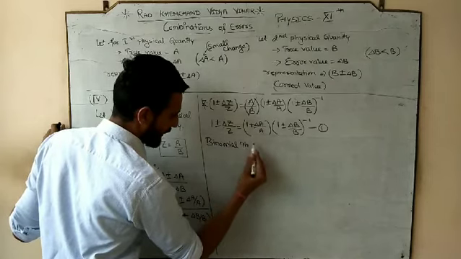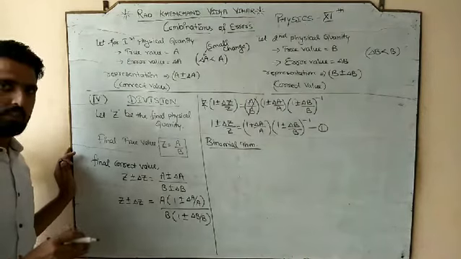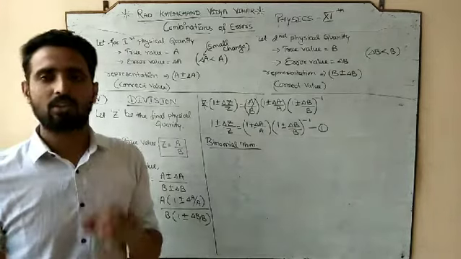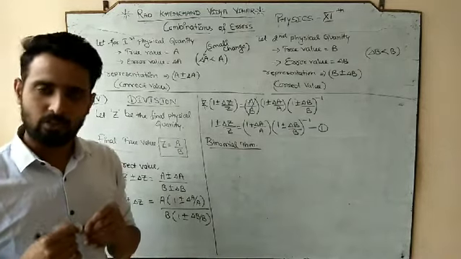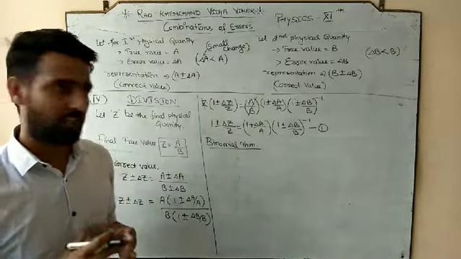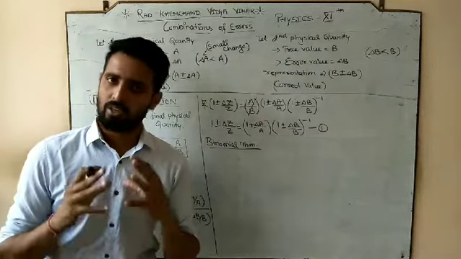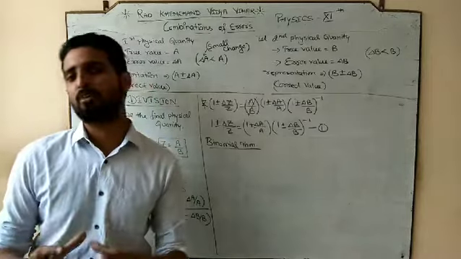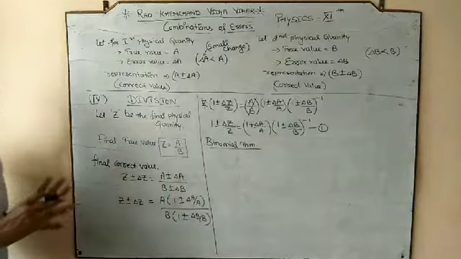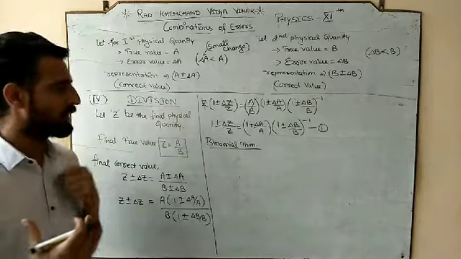For this point, I am going to discuss only the overview of the binomial theorem. As I told you in the previous lecture also, we have to discuss one more chapter, which we call the zero chapter, where we are going to use some mathematical formulas, and the binomial theorem is also part of mathematics. In future you are going to study the binomial theorem as a whole chapter in mathematics. But we are borrowing this from mathematics. Sir, please give us your theorem so that we can solve this.